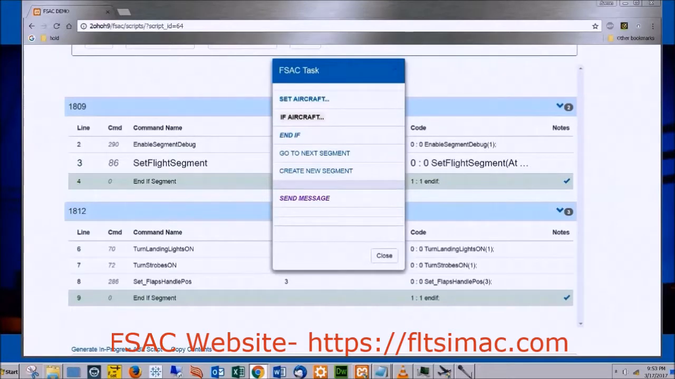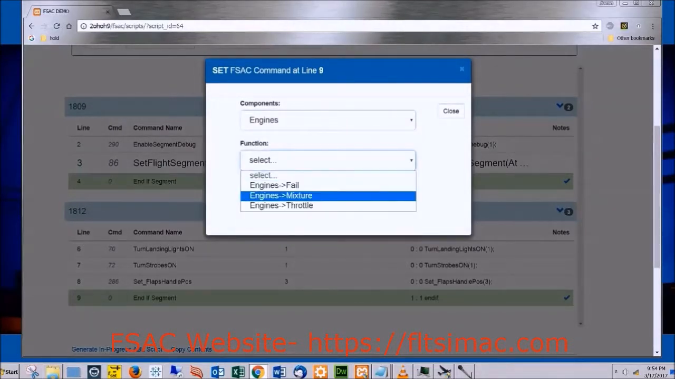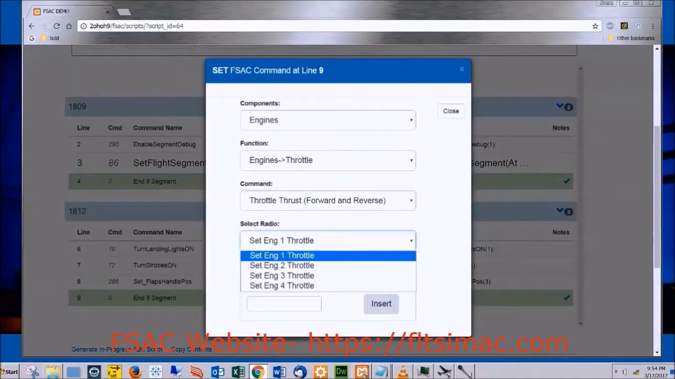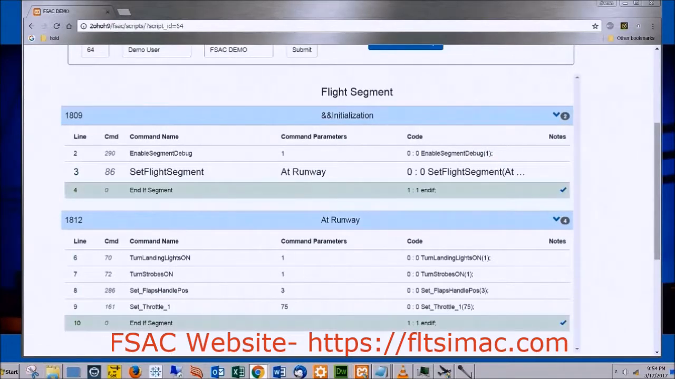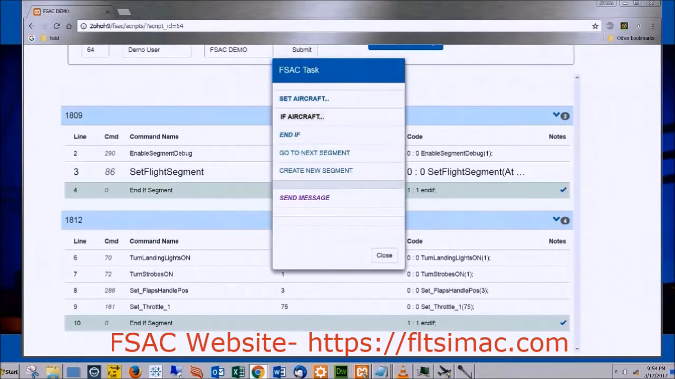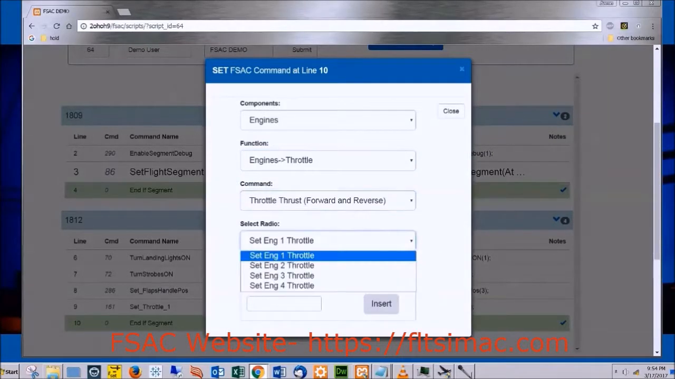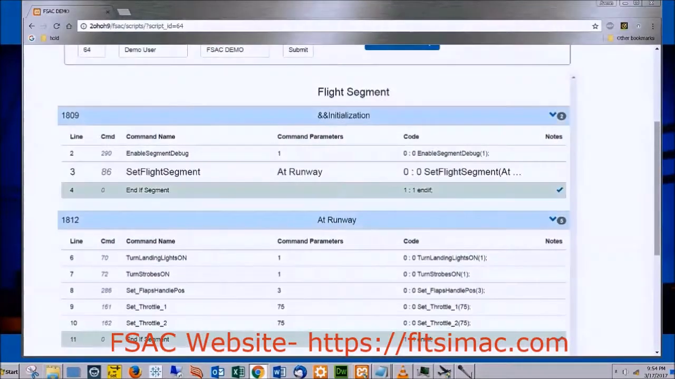Something else we may want to do is to maybe set the engines. You don't have to, but if for some reason you wanted to, you select engine 1 for the 737, and of course 737 has 2 engines, so we'll want to set the second one. So we go back to engines, engines throttle thrust, and this time select engine number 2 and enter in 75%